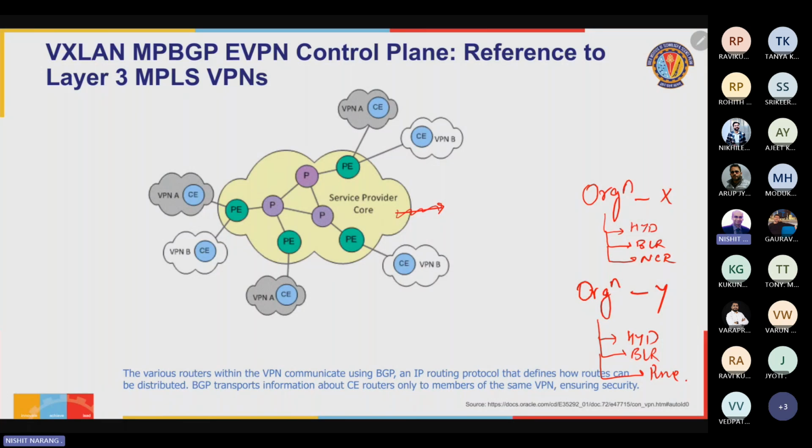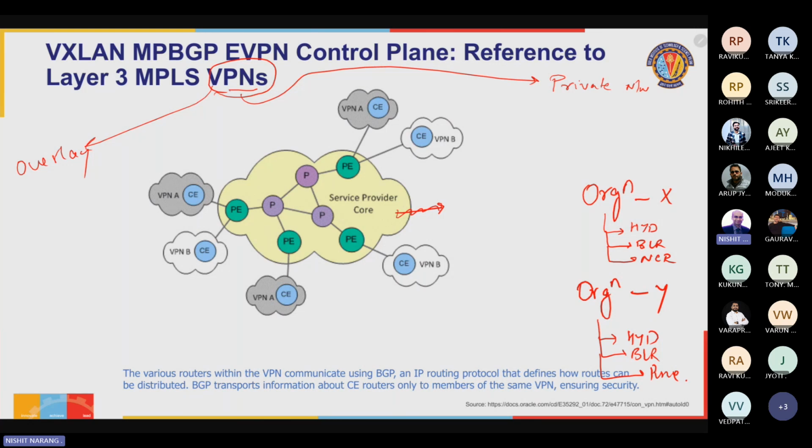Now, these organizations, because they have multi-location offices, want to create a virtual private network. By now, I don't think I need to define a virtual private network. We all understand what it is. Like a private network, it's an overlay network, firstly, and that's why the term virtual. Virtual means it has to be an overlay network. Private network means it should appear as if it's a private network, which means